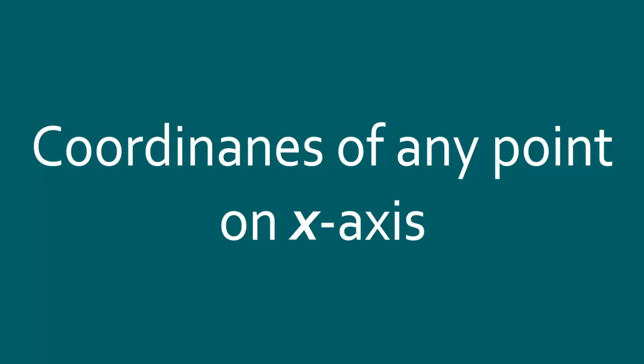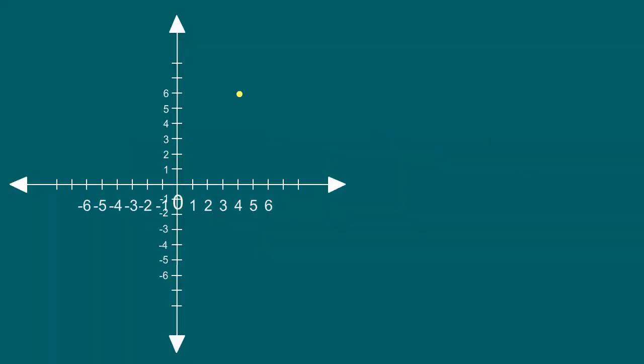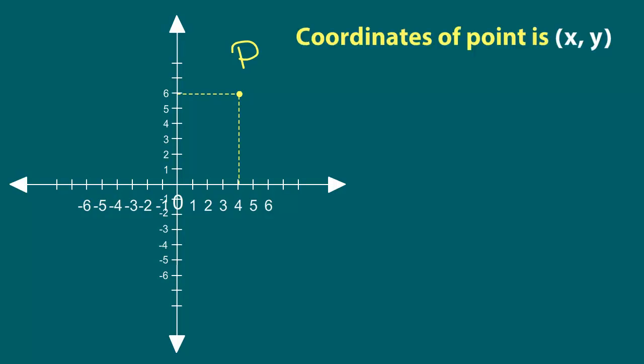How do we find out coordinates of any given point on the x-axis? Now, we have learned how do we find out coordinate of any given point P. So in this example, we have a point P. So this is the point P. And the way we find out the coordinates is that we draw perpendicular on the y-axis and x-axis like this. And then we say that the coordinate of the point P is represented within bracket parenthesis x comma y,